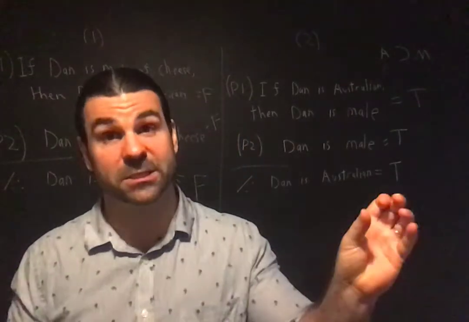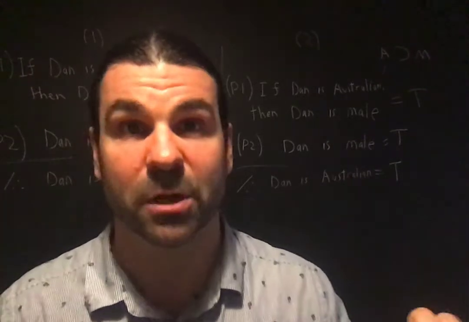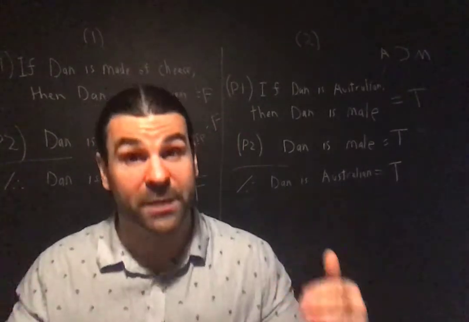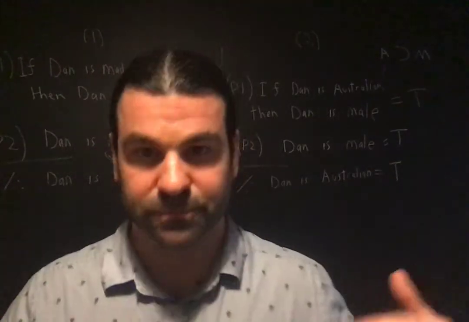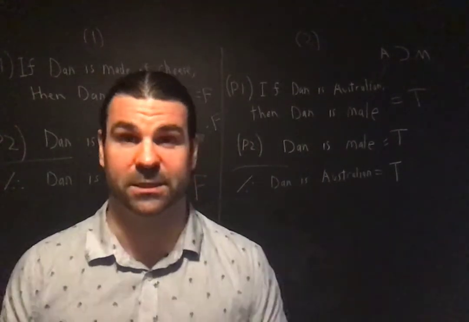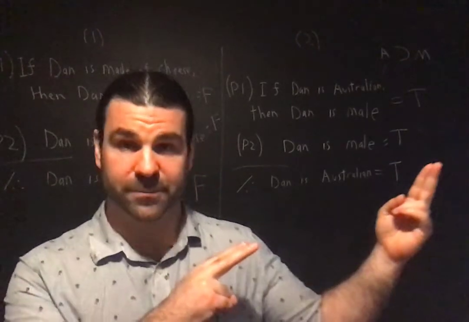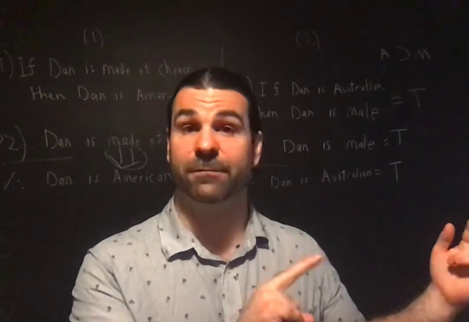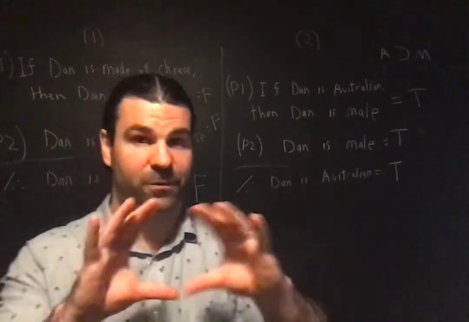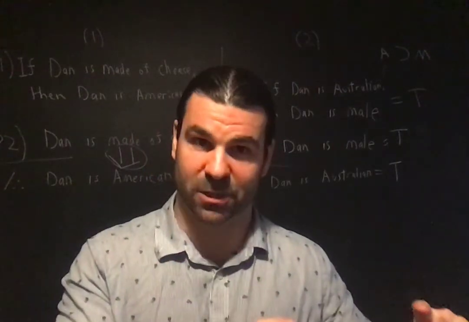A valid argument is one where it's necessary that if the premises are true, the conclusion is also true. A valid argument is one where it's not possible for the premises to be true and the conclusion to not also be true. Okay? What do we mean when we say necessary or not possible? I'll elaborate, but it means an argument is valid if and only if its form is valid, and its form is valid if and only if it has no counterexamples. That is, its form is valid if and only if the argument form doesn't have any instances of that form